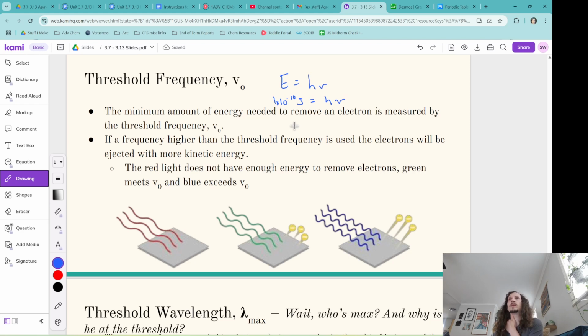So when we think about, hey, I need to shine this light on an atom to eject its electron, I don't say, all right, cue up the 10 to the negative 10 joule light source. We don't really quantify light that way. We don't categorize light in terms of its energy primarily. We primarily categorize it in terms of its frequency and its wavelength. So the threshold frequency is just a little more useful when we think about selecting different kinds of light,